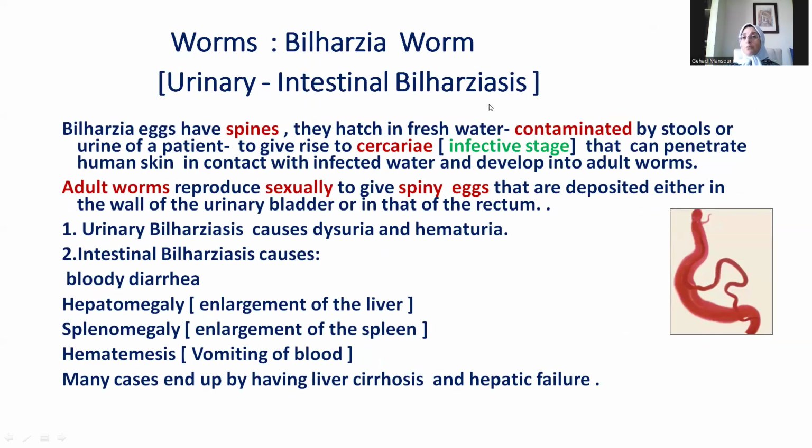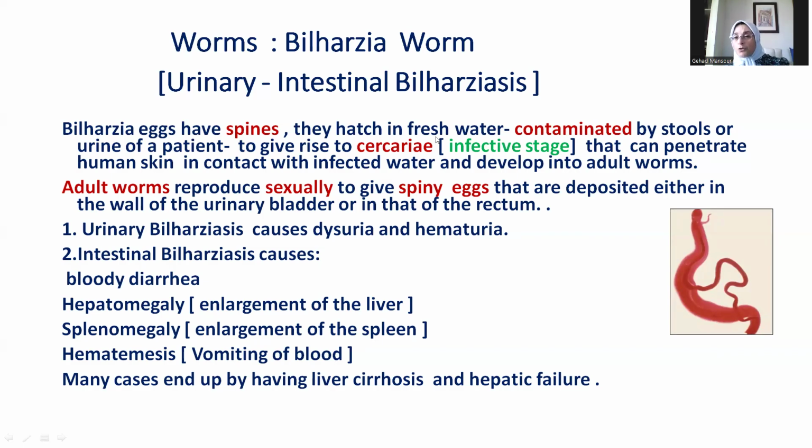Now, the Bilharzia worm, of course, is a multicellular organism. It reproduces sexually by gamete formation or gametogamy. There is a male and a female adult worm. But how does infection occur? Infection occurs by cercaria. So the cercaria is the infective stage. It results from hatching of Bilharzia eggs that have been shed in water. It contaminates water. It gets into contact with the skin, penetrates the skin, reaches the blood. So what is the infective stage? Cercaria living in fresh contaminated water.